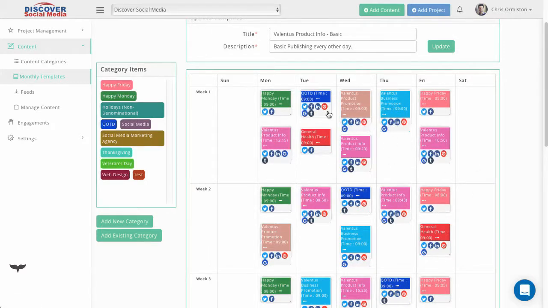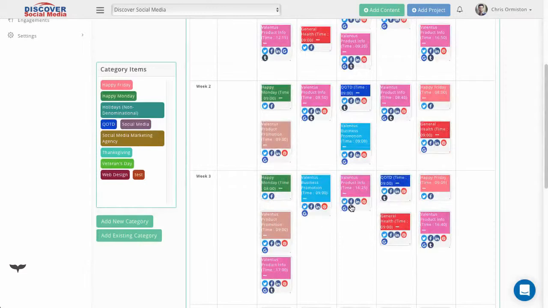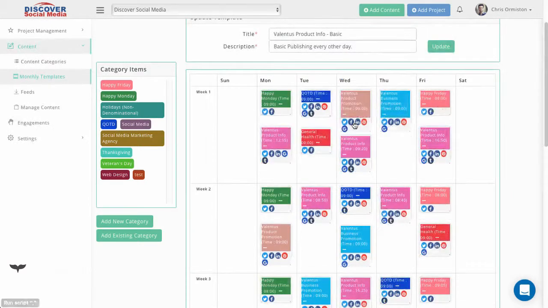Now where it's going to be posted is right here. If they have their Facebook account connected, it will post here. If they have a Twitter account, it'll post as well. If they have Pinterest, Instagram, Tumblr, Google My Business. So it's all set up this way where this is what's going to be posted and this is where it's going to post to. You can see this one is at 9 o'clock in the morning, 8:40 in the morning, 8 o'clock and 9 o'clock in the morning. So you can see it's the time, the date, and the location that it's going to be posting.